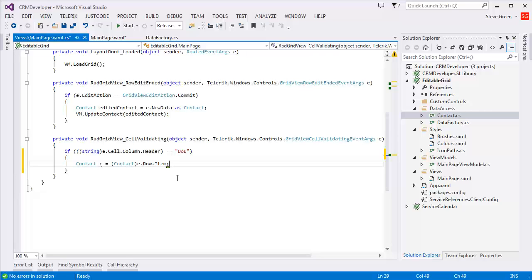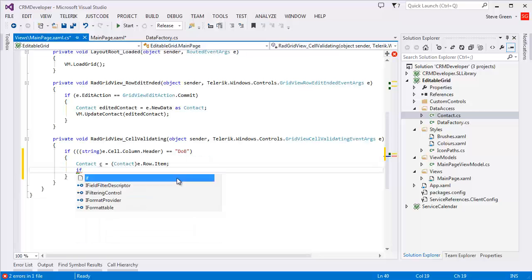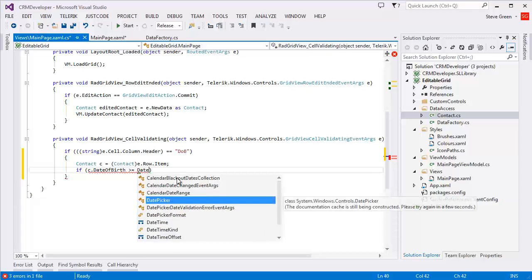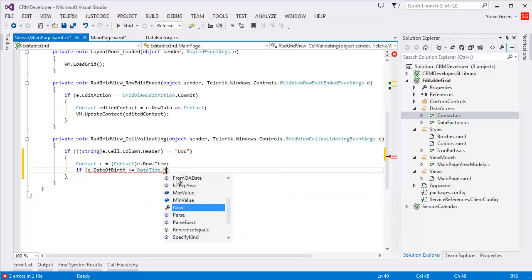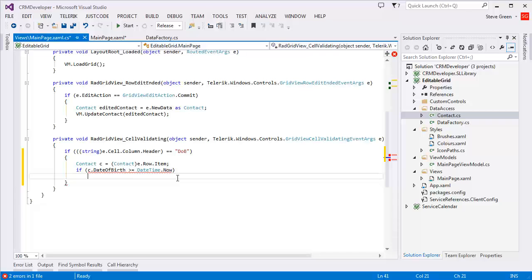But we can then do a check to say if c dot date of birth is greater than or equal to now, and then do that e dot is valid equals false, so that will set the on cell validation,